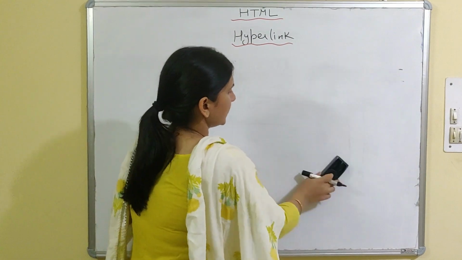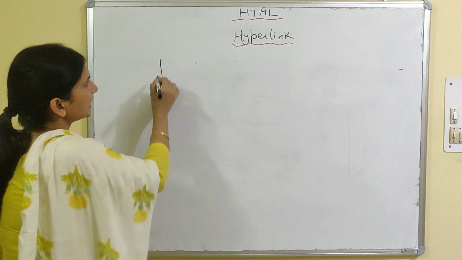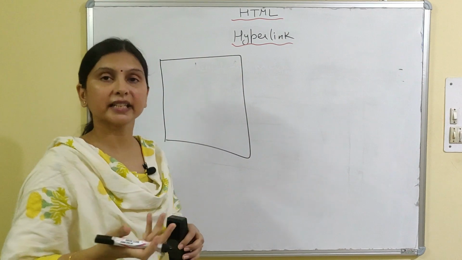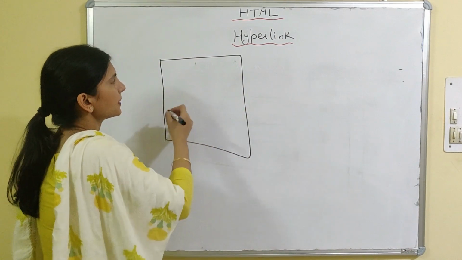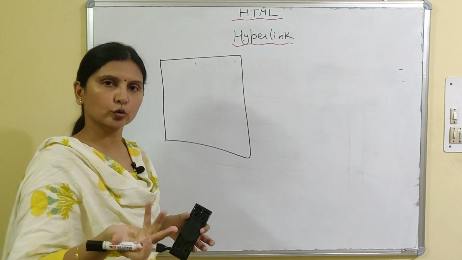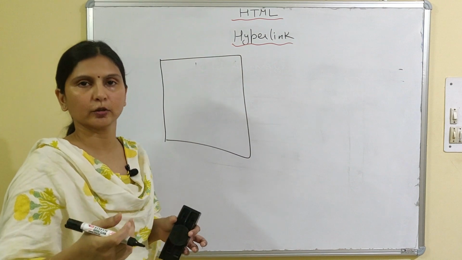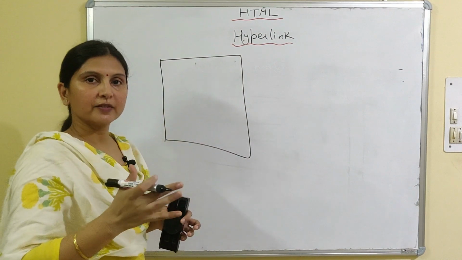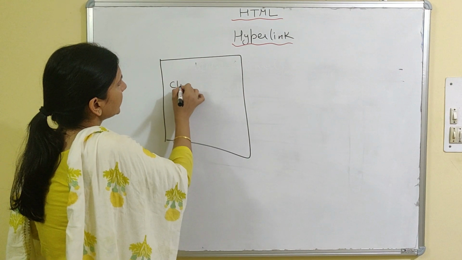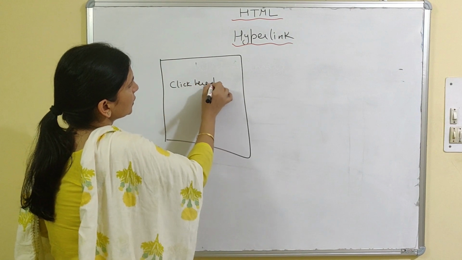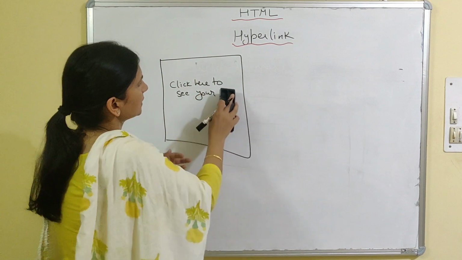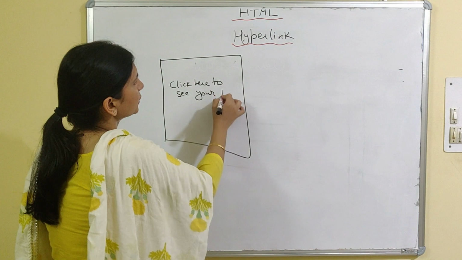Now I am taking one example. We will create two web pages now because we are learning how to create an external hyperlink. So in the first web page, what we will do, we will give the background color, fine, or any background also we can set. So okay, today we will set the background. Background means any image we will set as a background, fine. And then we will give here the content: Click here to see your result.